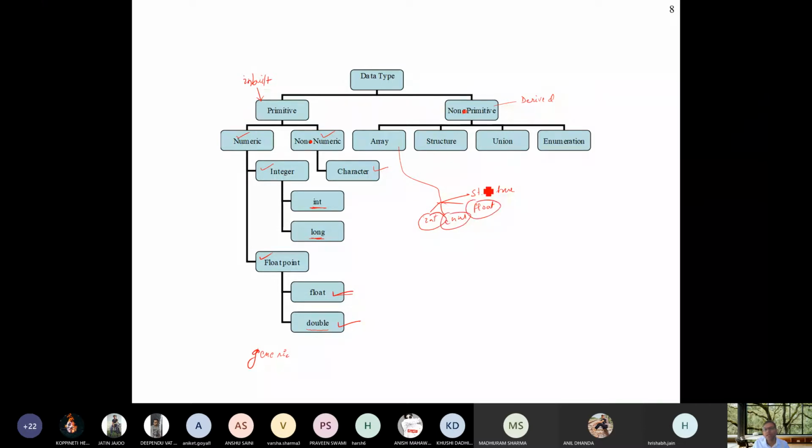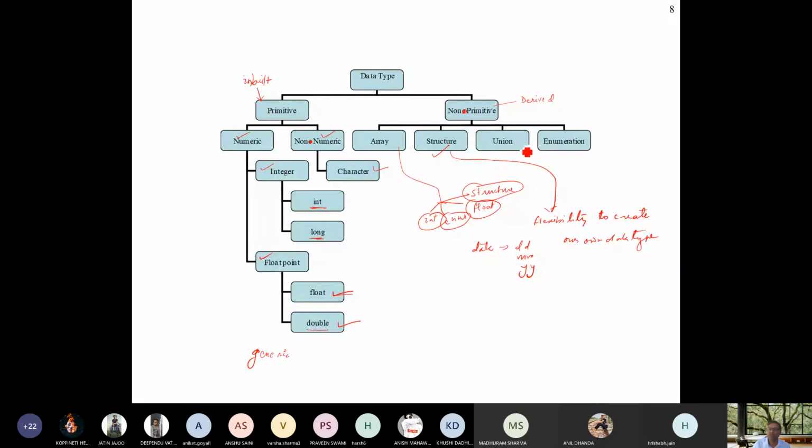Next is structure. Suppose you want to write a date. This date includes DD, MM, YY. So C has great flexibility. You can create your own data type using structure.